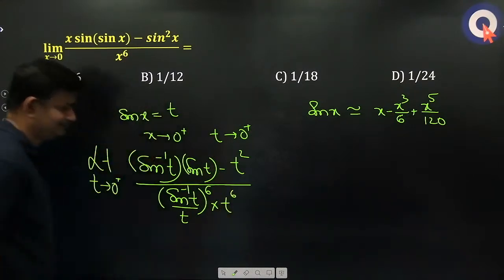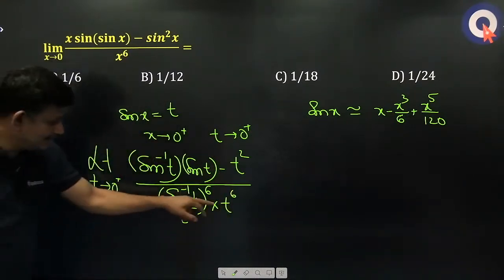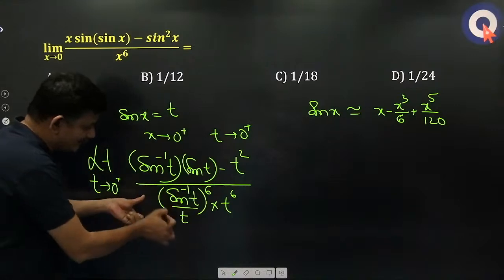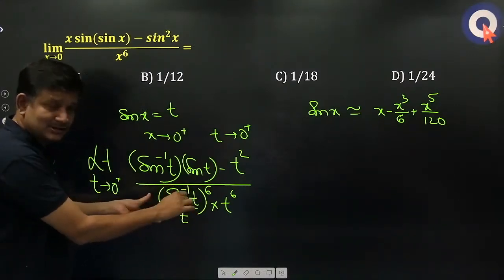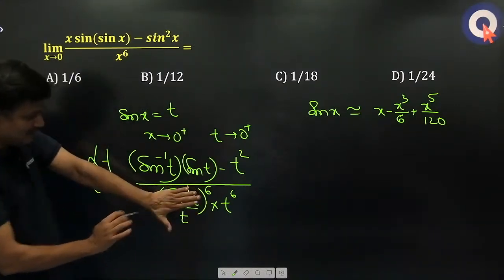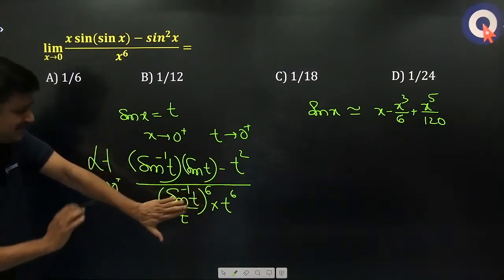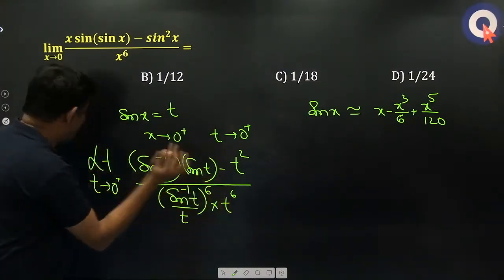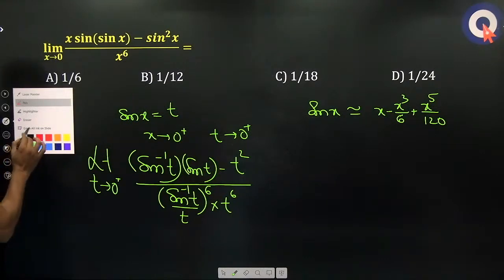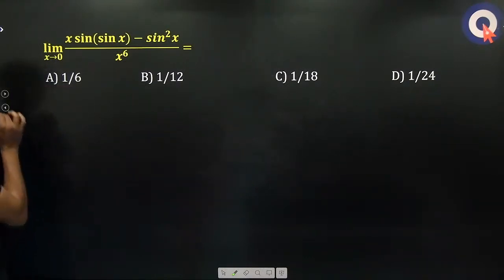I'll divide by t and multiply by t. Now this is 1, limit t tending to 0, sin inverse t by t is 1. So this will have no contribution in the limit, simplest. So the denominator is t power 6. So what I have done,